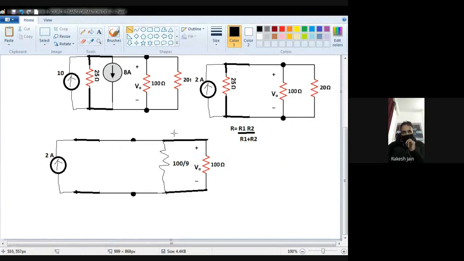Okay, now see this 2 ampere source. Why I do this: the 100 ohm was at the previous position and I just replaced it, because I don't want to touch this 100 ohm, because I have to calculate something from this, what is the voltage V0 across this 100 ohm resistance. That's why I don't want to touch it. Is it clear? Now see, this 2 ampere source is in parallel with a resistance, so we can replace it by a voltage source in series with a resistor. So now it will be replaced by a voltage source in series with a resistor.